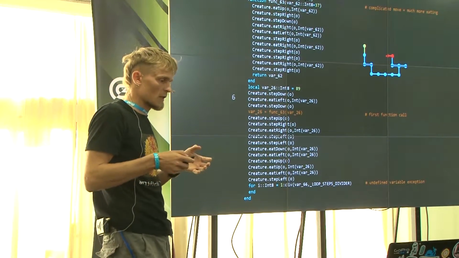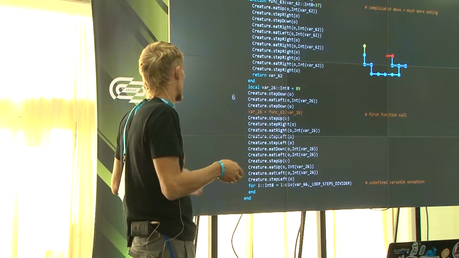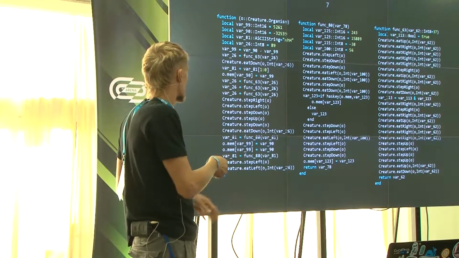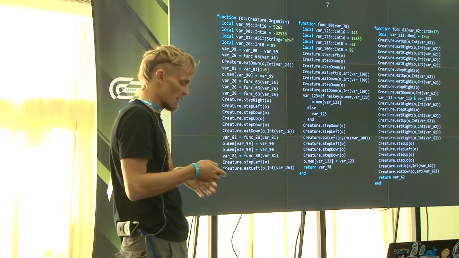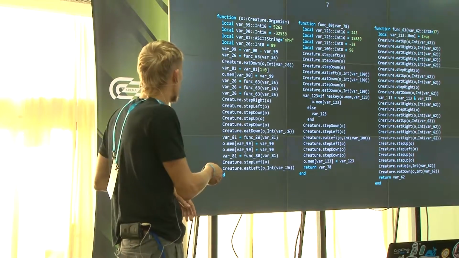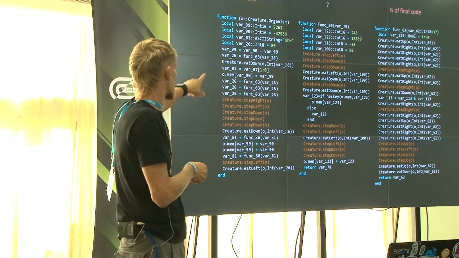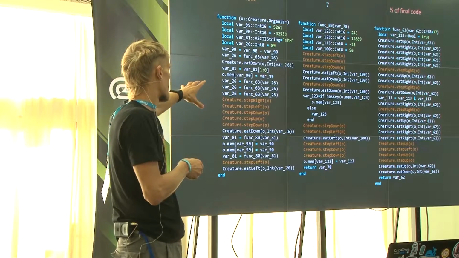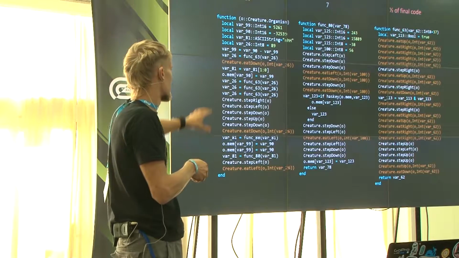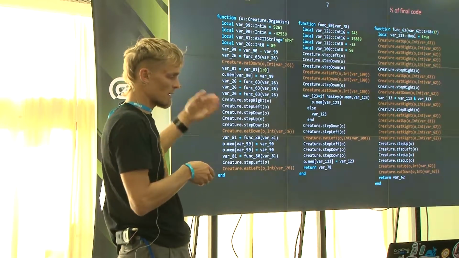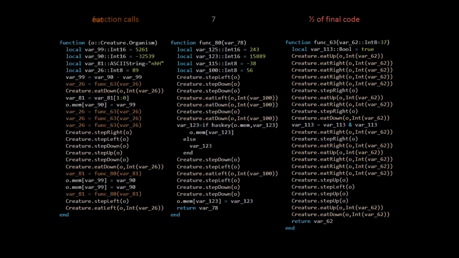So this is how errors are. For example, we have the same problems in our DNA. So in computer code, the same problems. Okay, this is the next step. This is the last slide with the code because I have bigger results, but I can't fit them into one slide. So, don't try to understand this again. This is moving. As you can see, it's almost half of the code, and the next one is eating. The same, like half of the code. So moving and eating are very important functions for these organisms.